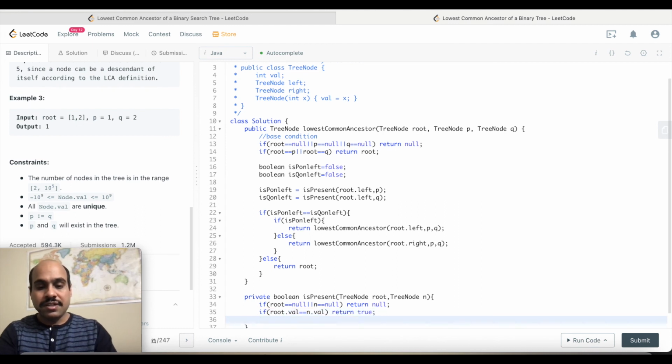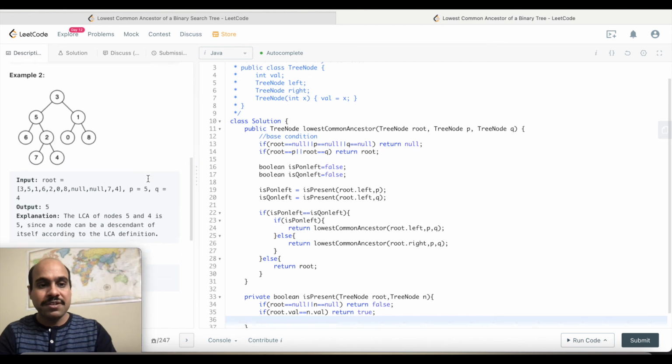And if this is not the case, you need to simply recurse on both sides, because you don't know whether it's in the left or right of the current node.